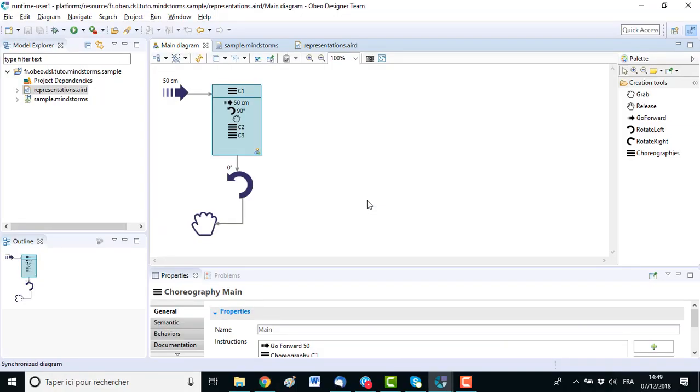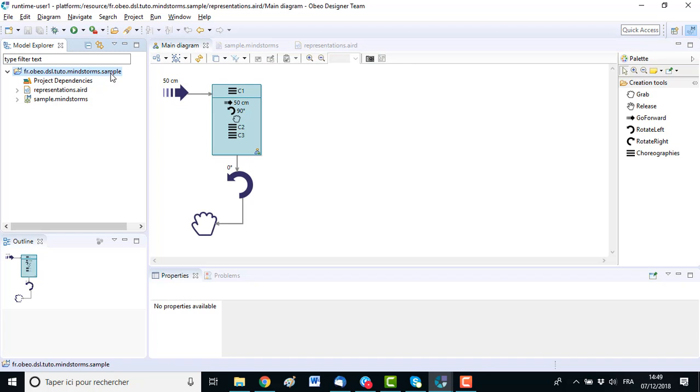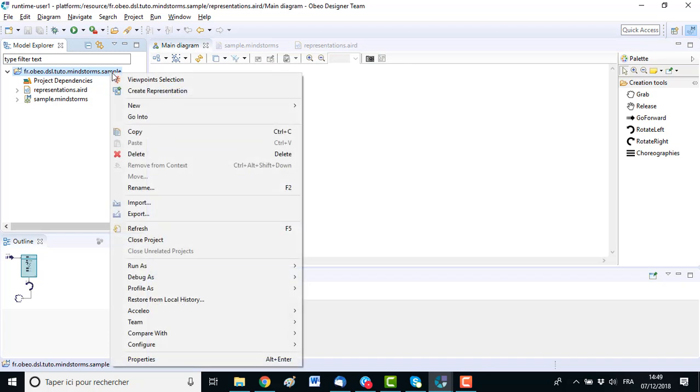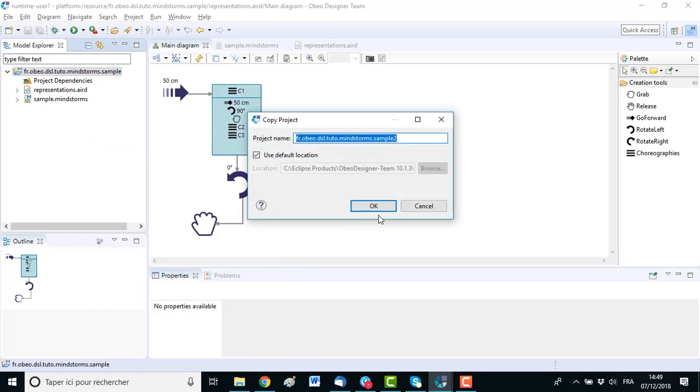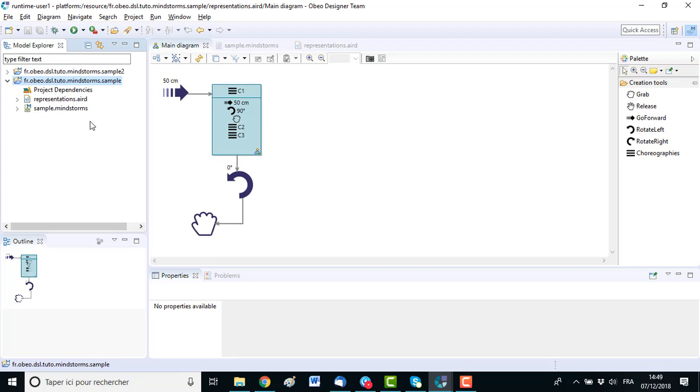So how does it work? Imagine that a second user is working on this model. To simulate this, I will copy this project locally, and it simulates the work of a second user on the same model.